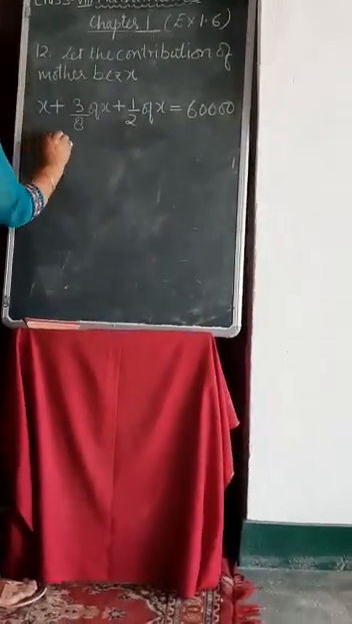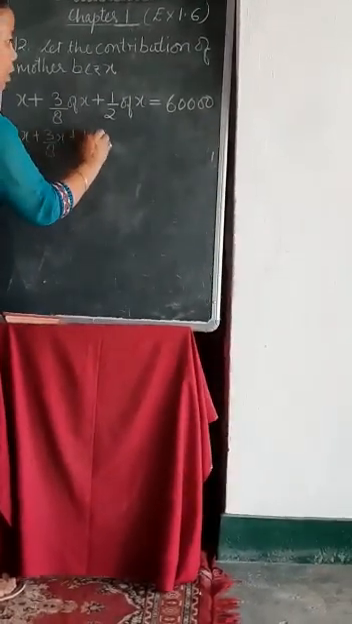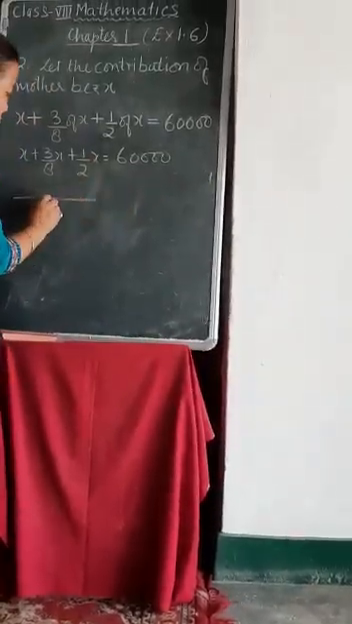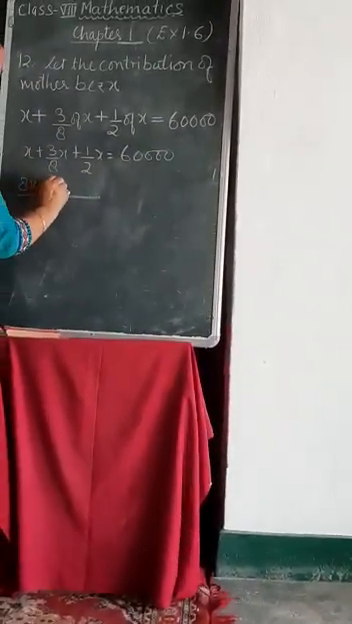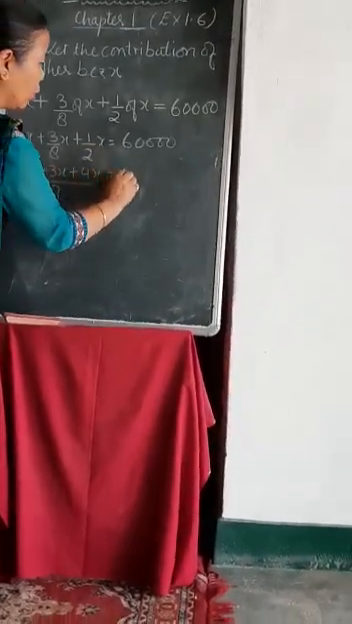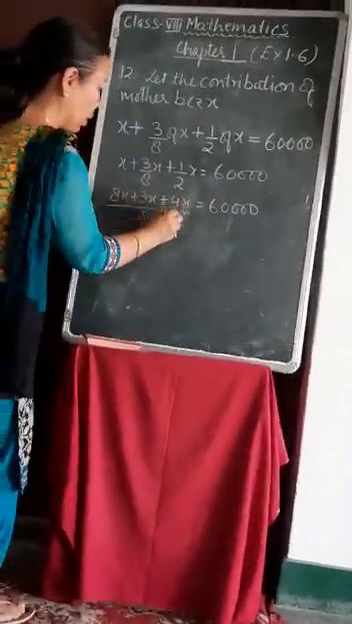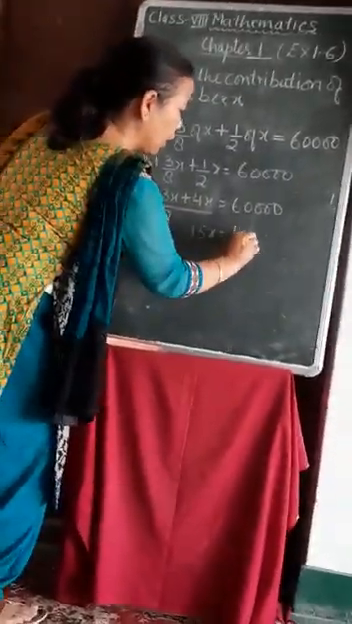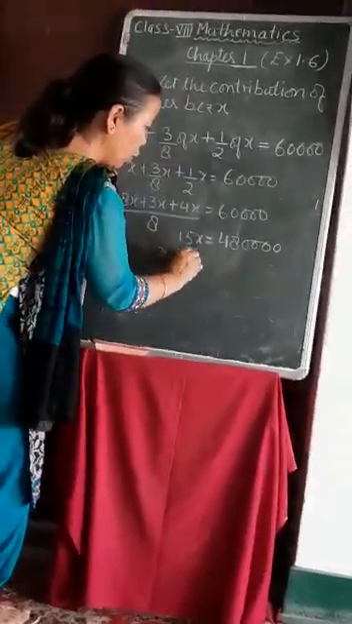So here X plus 3 upon 8 X plus half of X is equals to 60,000. Now we'll take the LCM. 8 is the LCM of this. 8 into X is 8X, plus 3X, plus 2 4s are 8, so 4 into 1 is 4X, equals to 60,000. So 8 plus 3 is 11 plus 4 is 15X is equals to 8 6s are 48 and 4 zeros. So X will be equal to